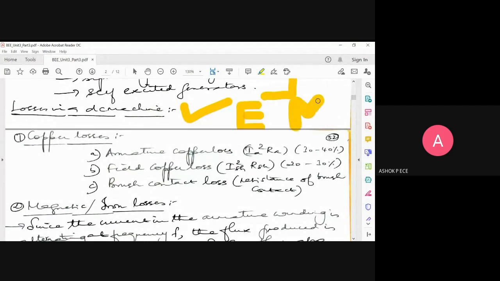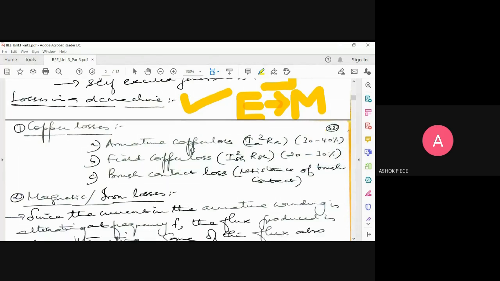The motor rotates, correct? So an E to M conversion happens in a motor. In a generator, it is mechanical to electrical conversion. I am going to rotate the generator and it is going to produce electrical output. So definitely you have an E to M and M to E conversion, and this process is not ideal, which means that 100% of the energy is not converted from electrical to mechanical or mechanical to electrical. So there will be some amount of loss. We are going to see what the reasons for those losses in a DC machine are.